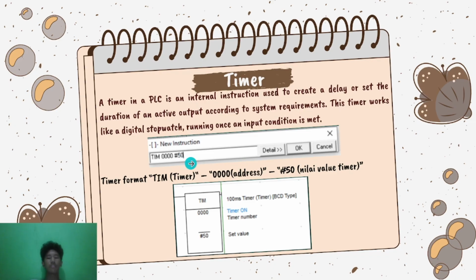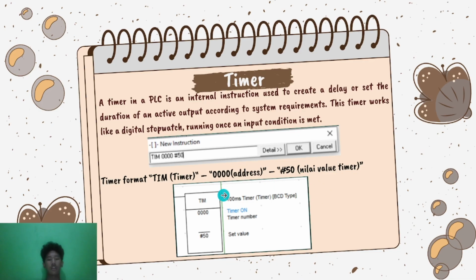In this case, each unit is 100 ms or 0.1 seconds. #50 times 100 ms means 5 seconds. So the instruction means start timer 0 set for 5 seconds. The timer format is TIM, timer 0 address, and #50 the timer value.